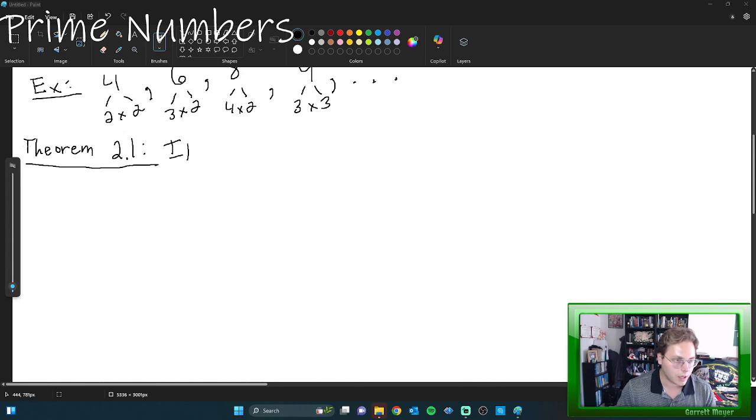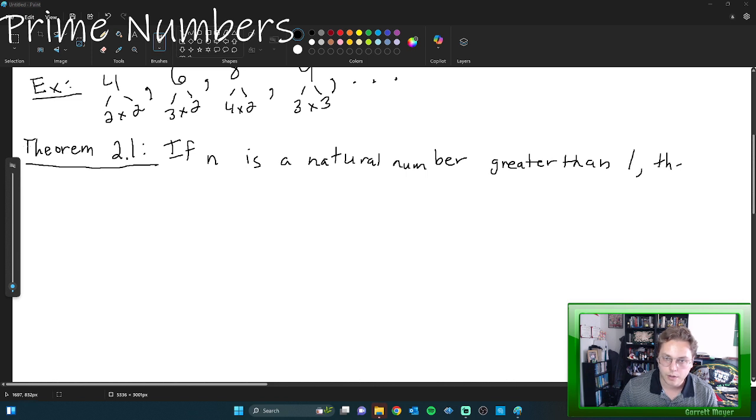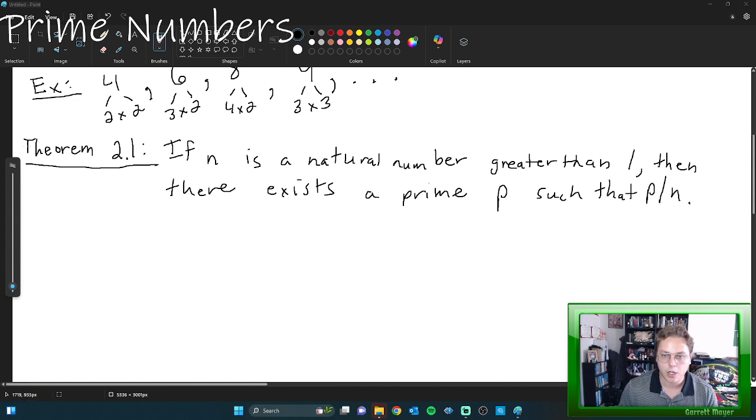And this theorem is, if n is a natural number greater than 1, then there exists a prime p such that p divides n. Okay, so this is saying for every number larger than 1, there is a prime number that